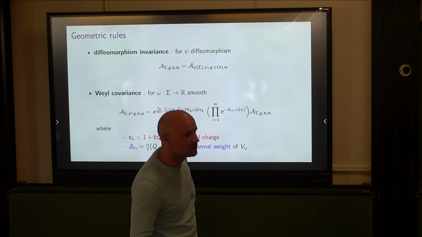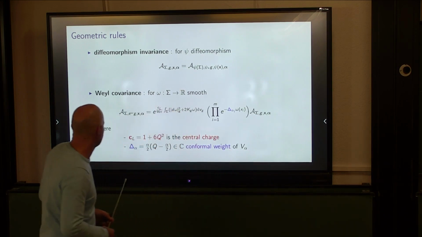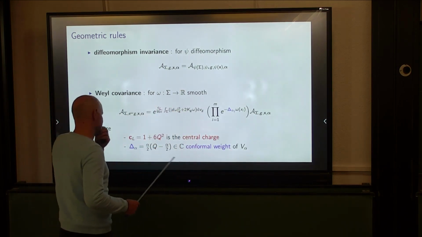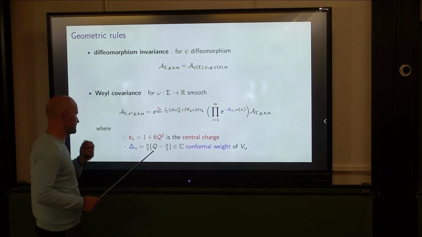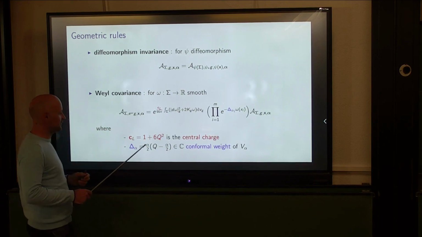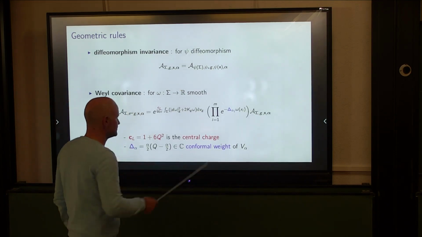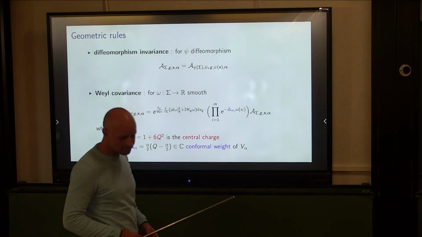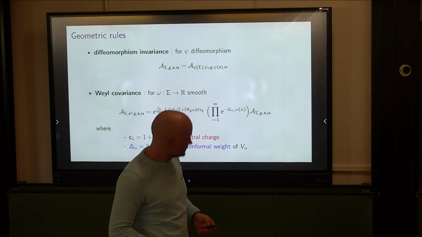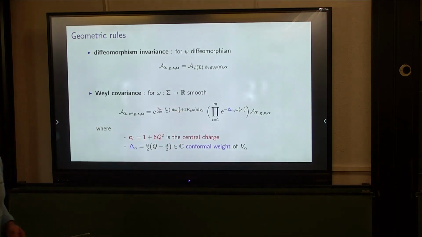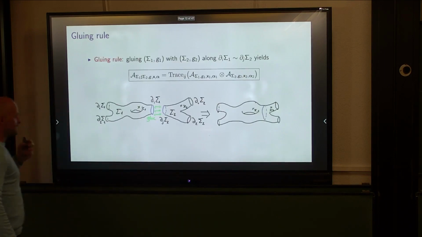Wait, sorry, you wrote that the conformal weight is complex now, so you're implicitly allowing alpha to be complex? Yeah, okay, it is not hard to see that when alpha is real, this one is real. But for later use, I take it complex. Other questions? Okay, so these are geometric rules, and the last one is